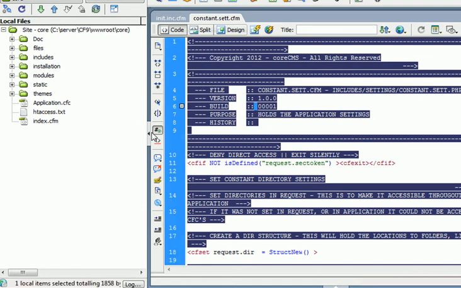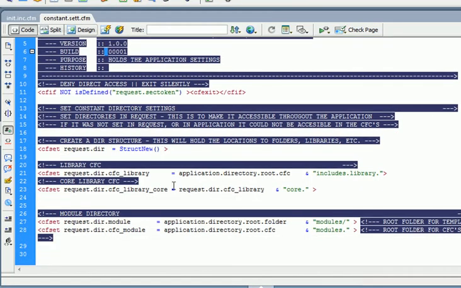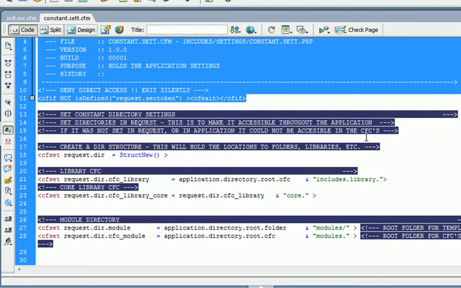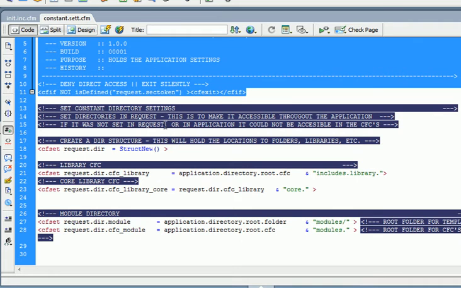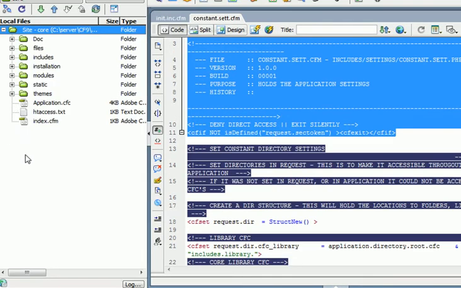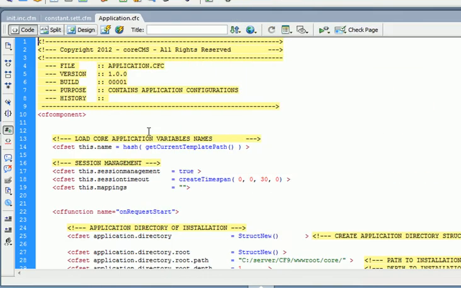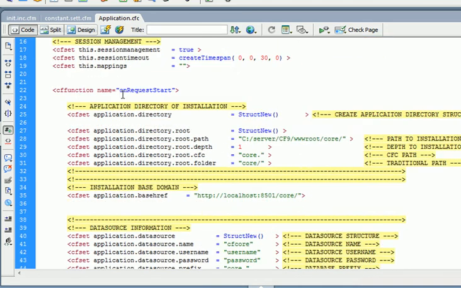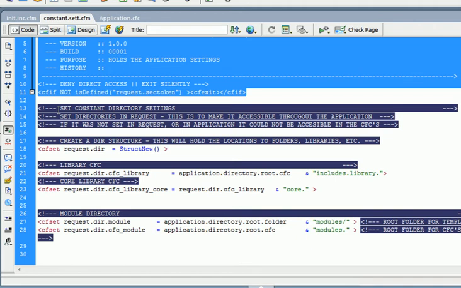This is the settings for the constant, which I will explain very briefly. Of course, deny direct access here, and this is where we're actually setting directory settings. Now I know in the application that we set some settings. This may still change, I'm really not sure, but I know that in the first version of core that I have, that I got honestly about 76% done with,